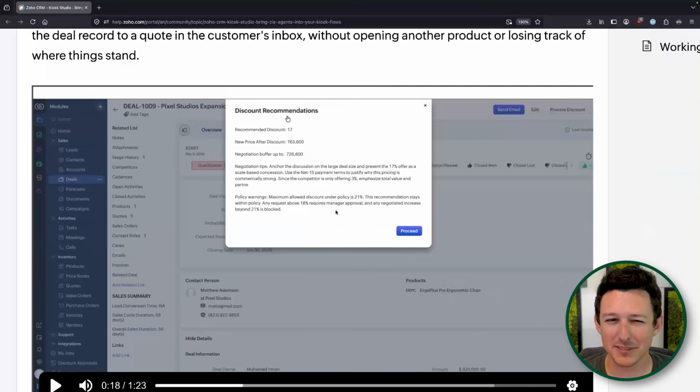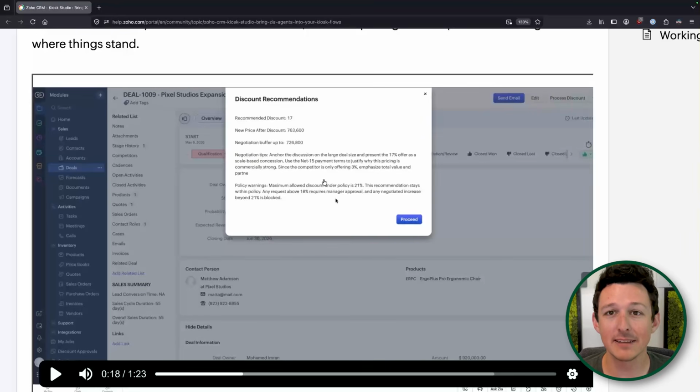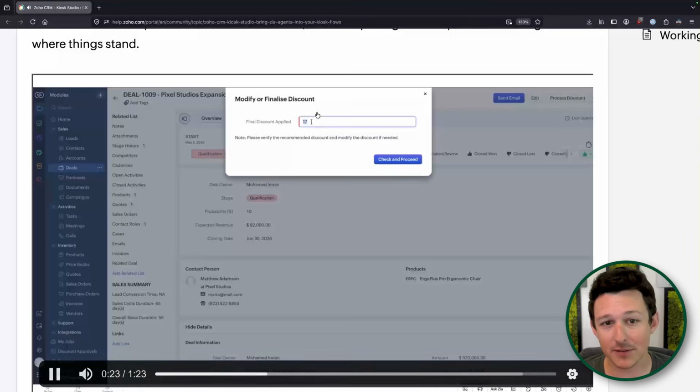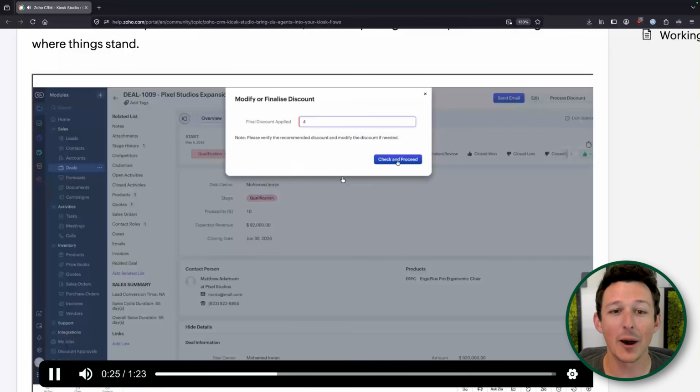And you're like, well, 17 might seem a little bit high. Like maybe I would want to adjust this a little. Maybe I'm the sales rep and I'm like, no, no, no, I don't need to discount 17%, right? You're basically letting the agent do some of the work, but a user is still getting the ability to decide what that final discount is actually going to be. Now, in this case, we'll see if they make it go higher or lower. You now have, as a user, the ability to say, no, we're not doing 17, we're going to do 4,